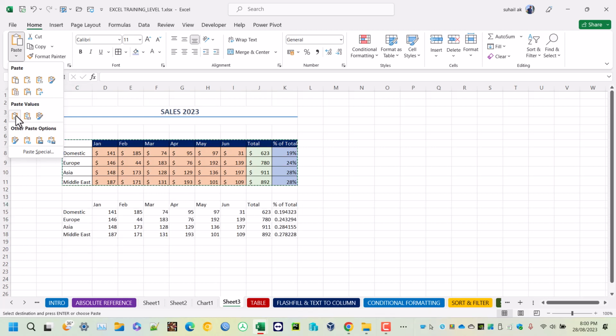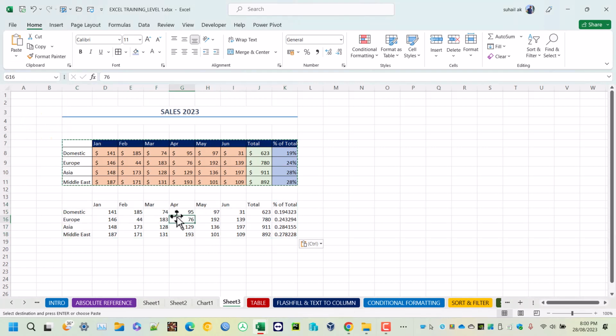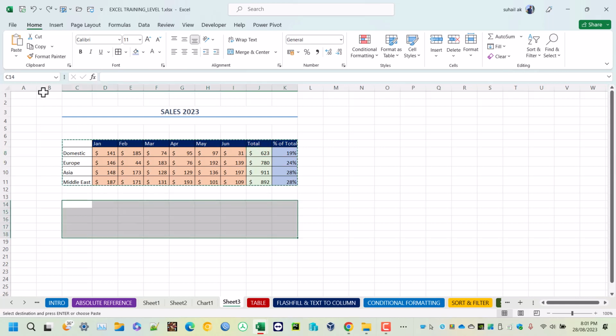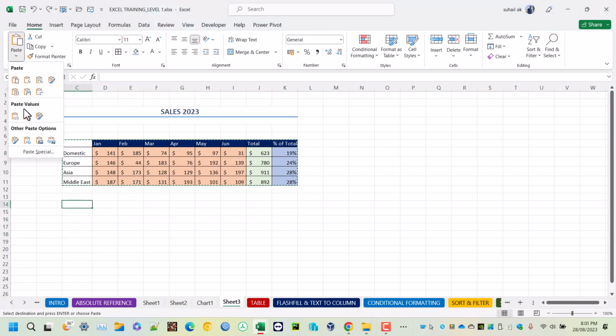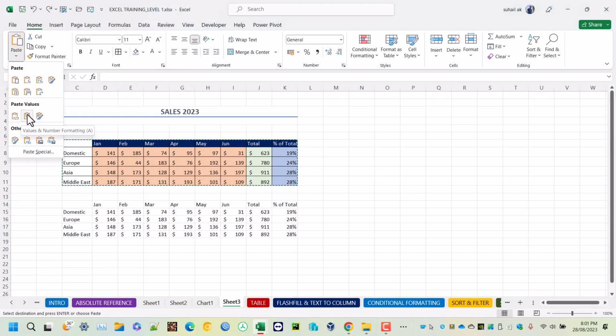And now I go to the paste values. Let me click paste values. Now you can clearly see that values are there, and if I look at the total, there is no formula, they just keep the values. But in here I have the formula, and we can also see the values. If I want to get rid of the formulas, I must choose this option, paste as values. Okay, let me undo it and go again,